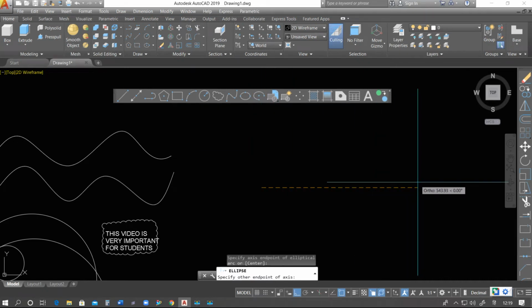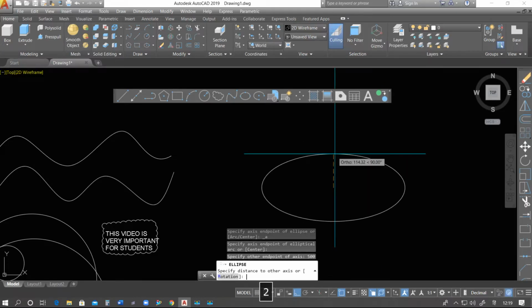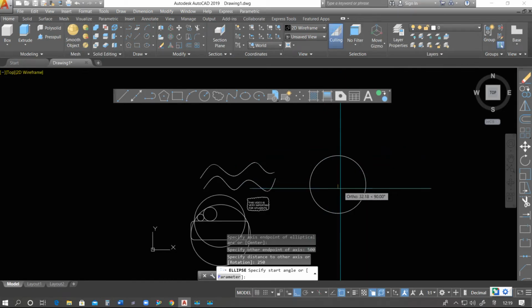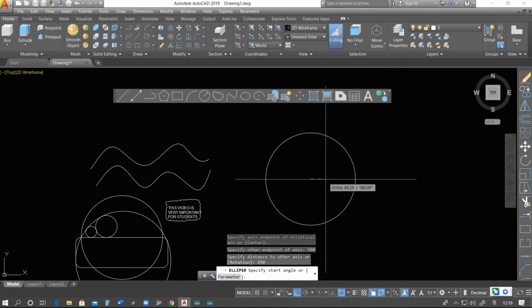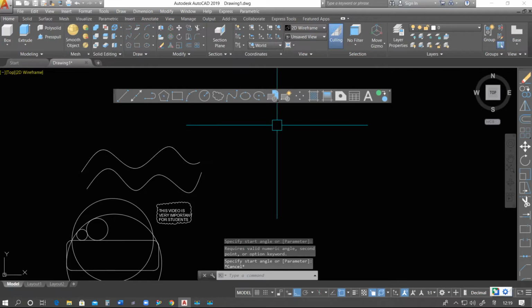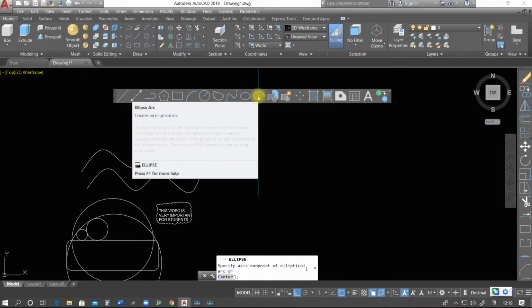Okay, and I'm saying that 500 should be major and minor should be 250. Yes, means we'll use this command, that is ellipse arc.